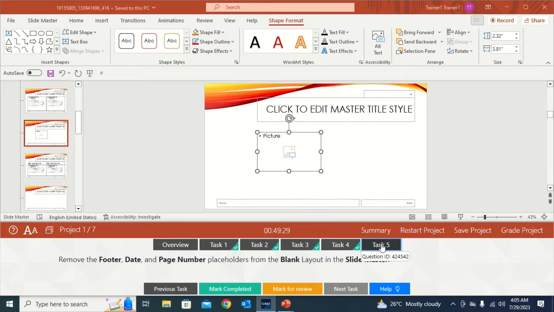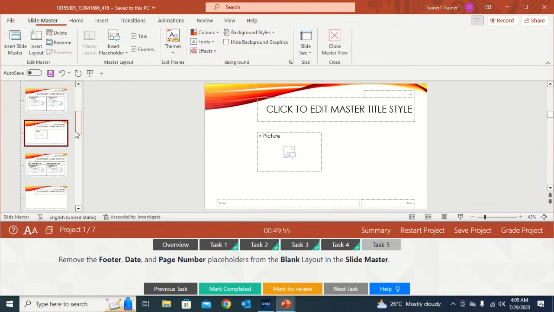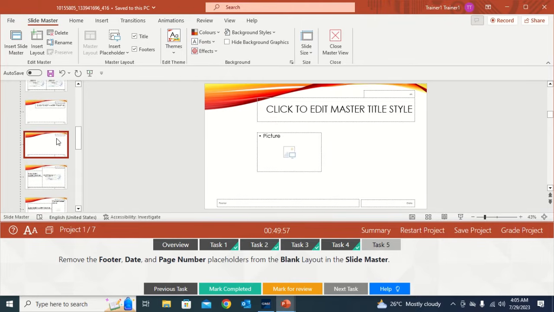Now task 5, remove the footer, date and page number placeholders from the blank layout in the slide master. Okay, to do this, just scroll to the blank layout. Okay, so to remove the footer,